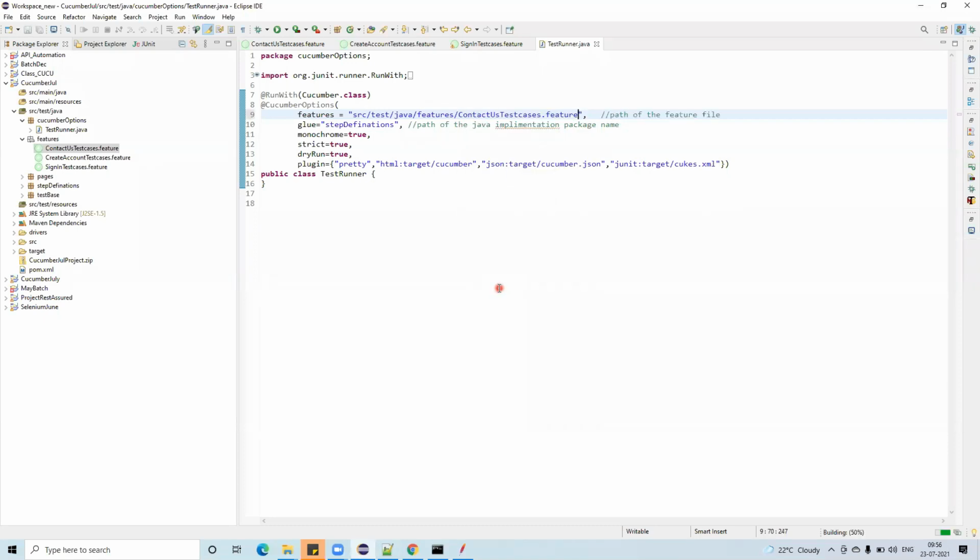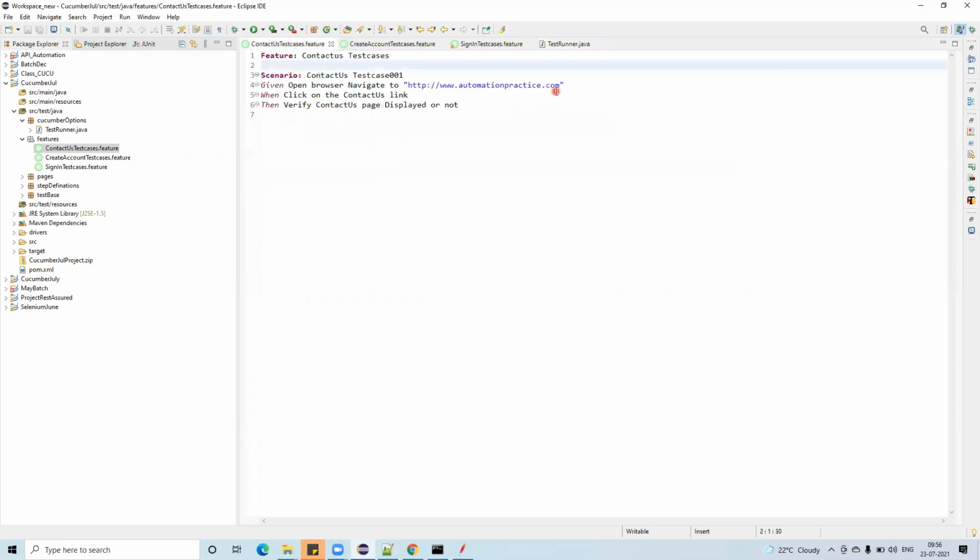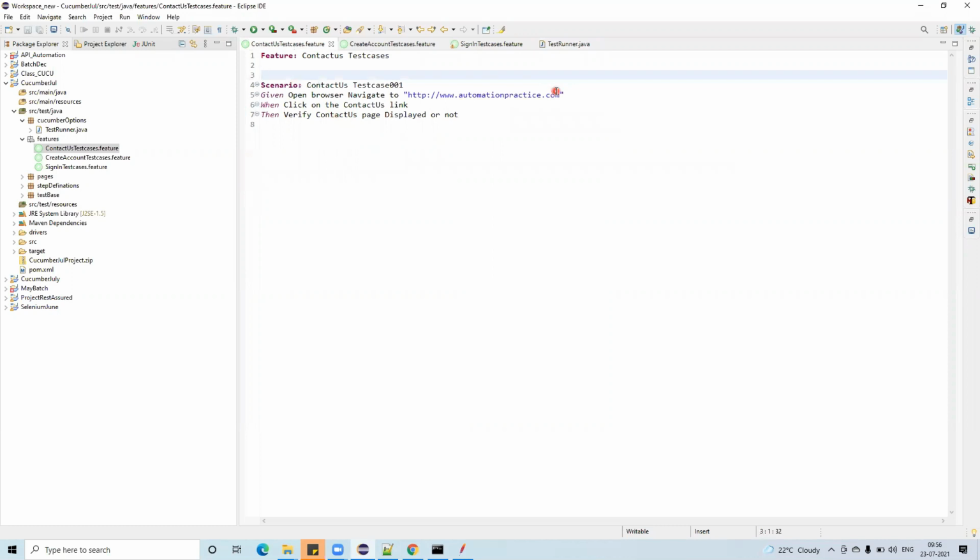That is a good option, but without doing that, how can we achieve running only the contact us test cases? What we have to do is, whenever you are running any scenario, just type an annotation saying this belongs to contact us. That's it.